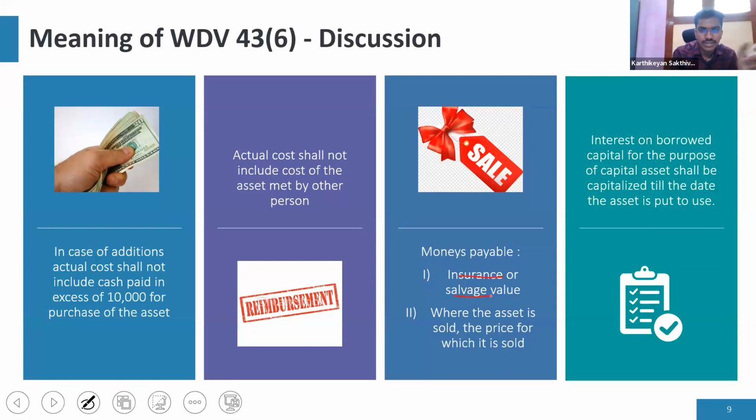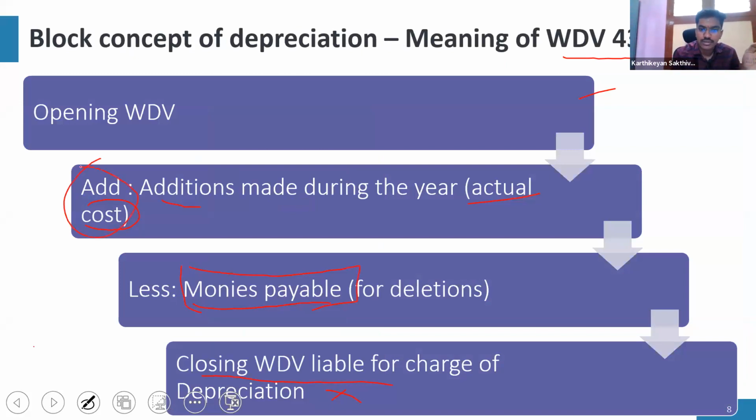Actual cost shall not include. இதெல்லாம் வந்து some important points alone I'm just putting, right? In relation to 43.6, there are multiple other points. I'm not getting deep into it. So in case of additions, if the actual cost, if it is paid in cash அப்படின்னா in excess of 10,000, it shall not be claimed as deduction. Okay. So basically 10,000 க்கு மேல போச்சுன்னா you should pay only through bank. If it is not paid through bank அப்படின்னா that should not be included in your actual cost. In additionsல அது வரக்கூடாது.